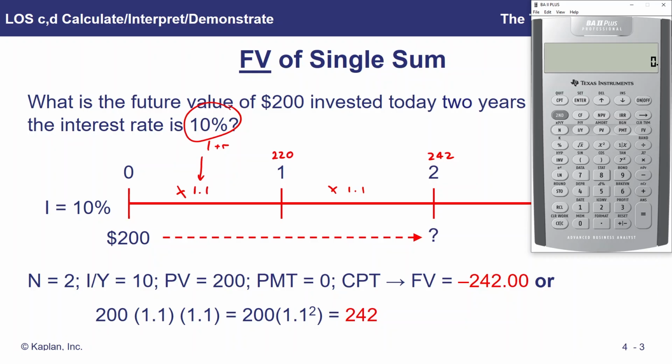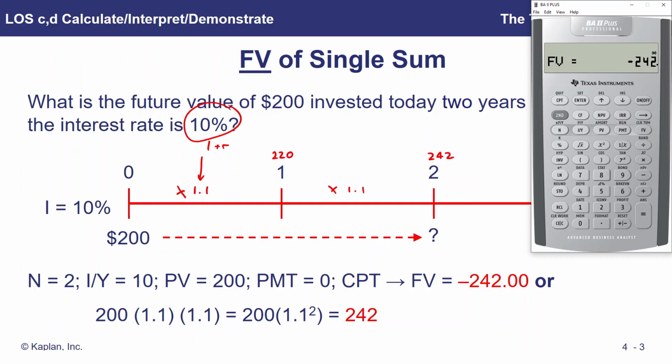So I now need to enter N, IY, and present value. I can enter them in any order, it really doesn't matter. I'll do it in the same order that it's given here. So you type 2 for 2 periods, and then you hit the N button. 10, and the IY button. 200 as the present value, and the PV button. Now, I don't need to enter anything on the payment button, provided I've cleared all those time value of money buttons to 0. It already has 0 stored on it. If you didn't do clear time value of money, you would need to type 0 and then payment to overwrite whatever's stored on it. Now all I'm going to do is press compute and future value, and there you get